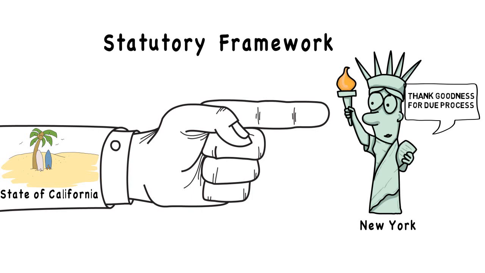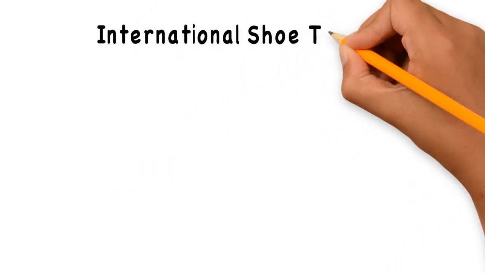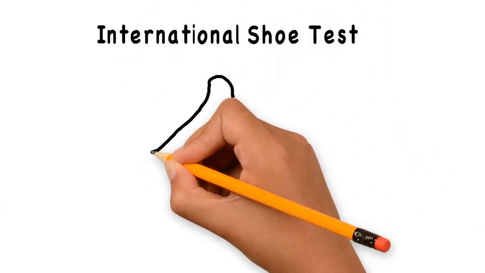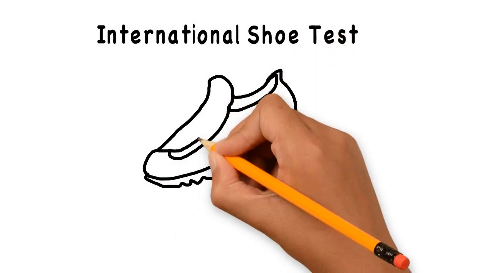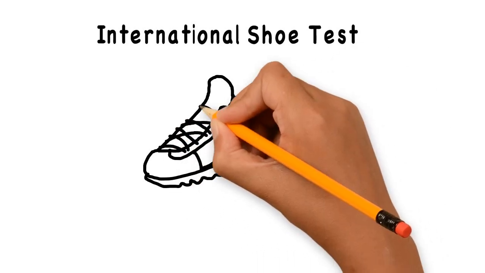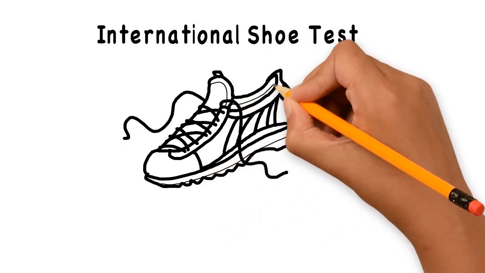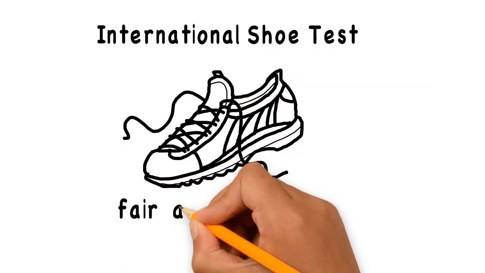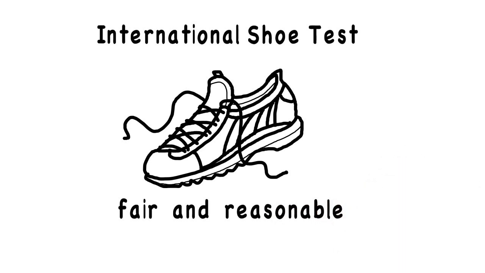Once you've spotted the issue of the long-arm statute, now you have to apply what's called the International Shoe Test. The elements of the International Shoe Test are the Supreme Court's way of giving us guidance on how to argue or determine whether a long-arm statute meets the Due Process Clause of the 14th Amendment's standard of being fair and reasonable. The first step